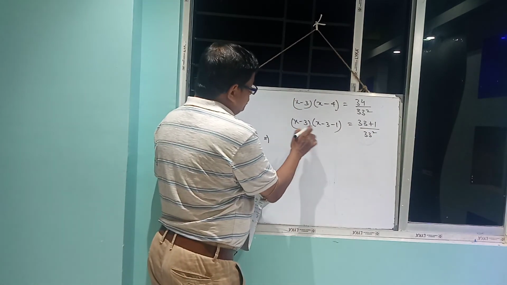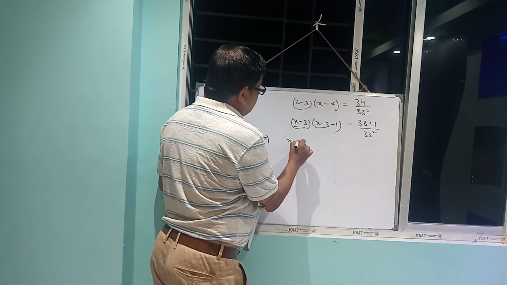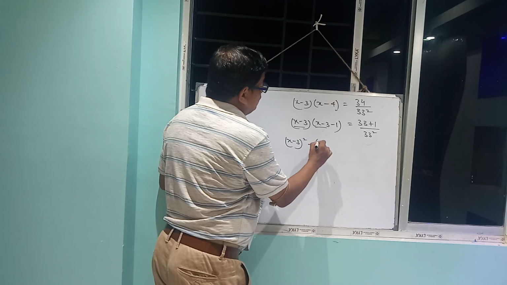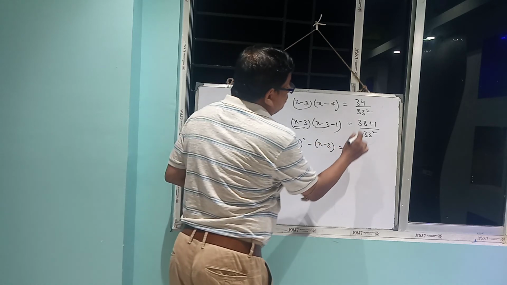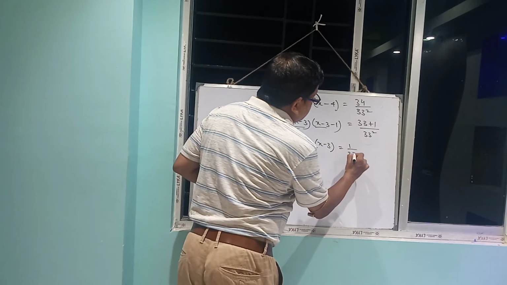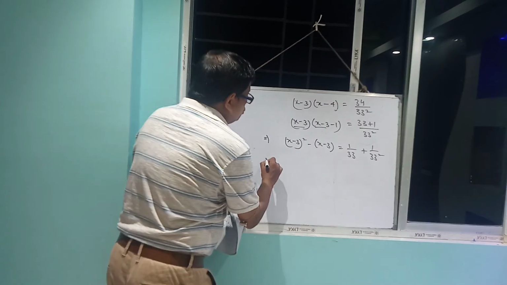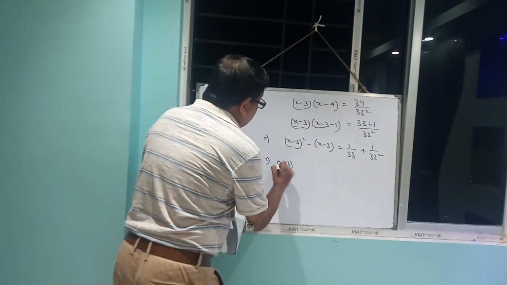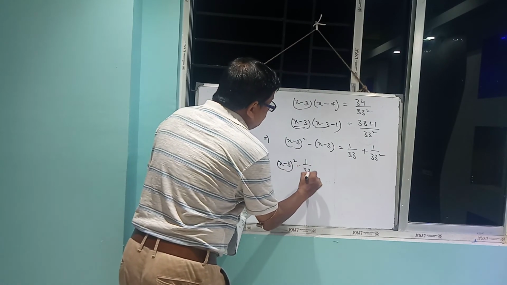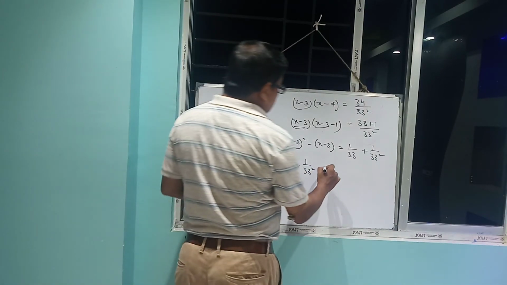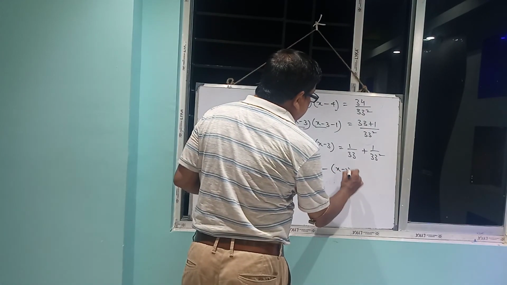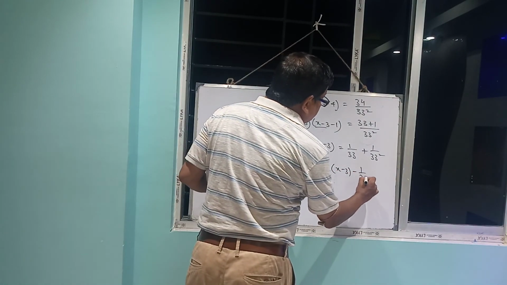So write this method. This is (x minus 3) whole square minus (x minus 3) into 1 by 33 plus 1 by 33 square. Okay. So write (x minus 3) whole square minus 1 by 33 square minus (x minus 3) minus this equal